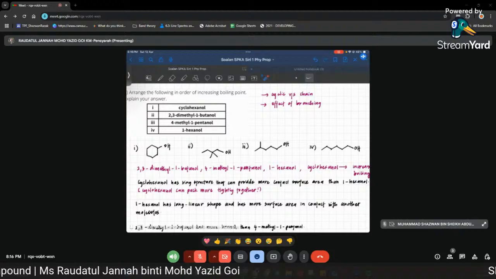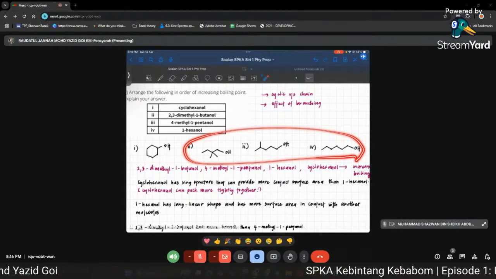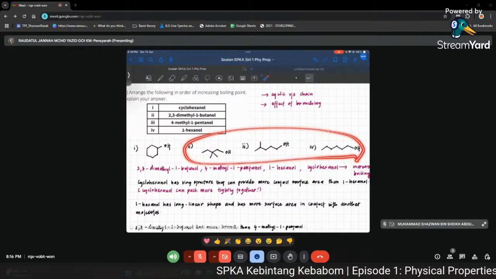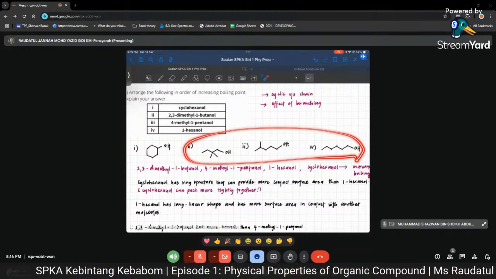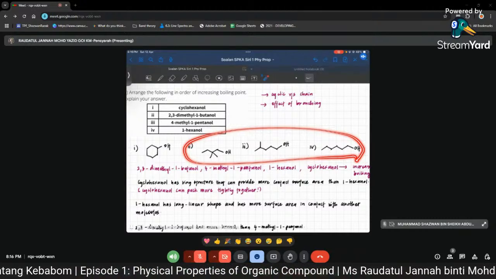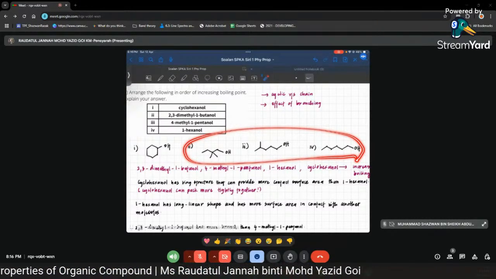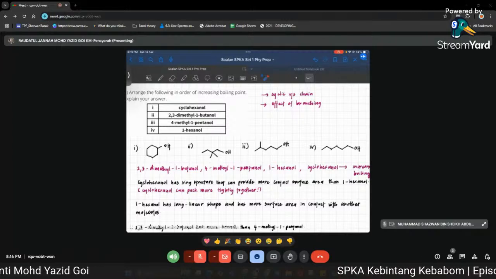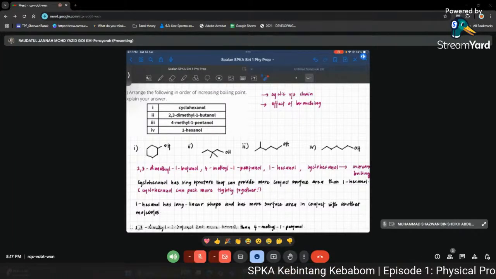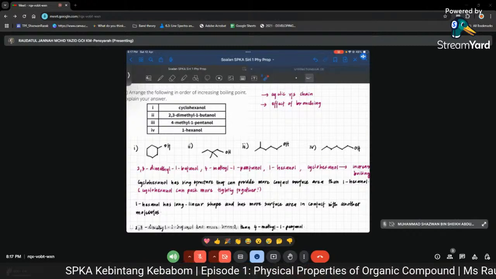Okay, so kalau untuk the three yang I highlight kat sini, obviously you can see lagi banyak branch means kita ada smaller surface area in contact. So tak banyak intermolecular forces means you have a weaker intermolecular forces. Okay, that is the general idea that we have for these three yang I highlight kat sini. But then again, for now, kita ada additional cyclic structure. Okay, so bila mana you nak consider sama ada chain structure ataupun cyclic structure that will have stronger intermolecular forces,